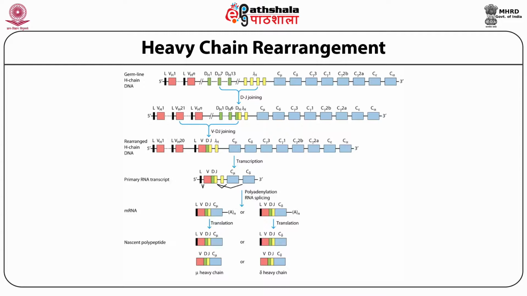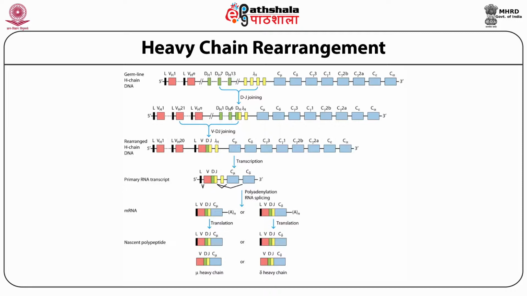All these segments are present in the same chromosome, and the only important thing that takes place is one V selects one diversity gene followed by a joining segment, and the intermediate DNA sequences are spliced off by various enzymes, RAG1 and RAG2, which I told you already. This then comes very close to the constant region of the immunoglobulin, which is the IgM molecule, and finally gives rise to a heavy chain which contains both IgM and IgD.